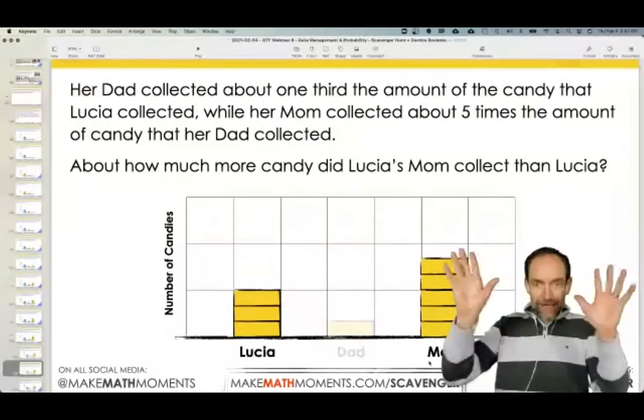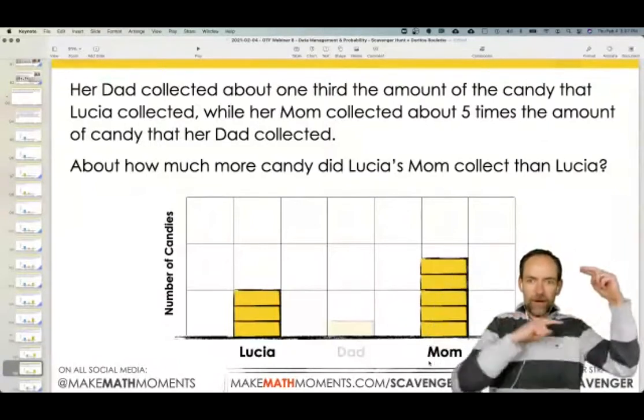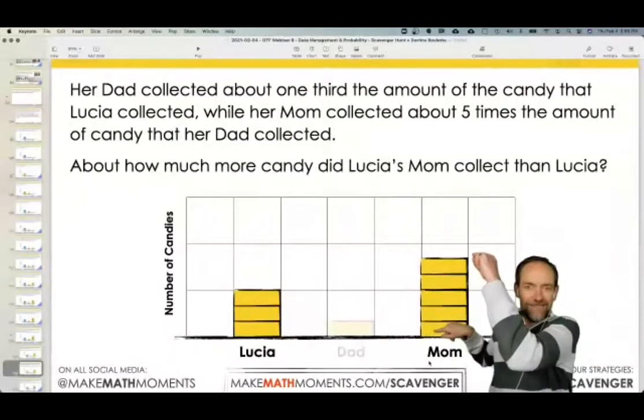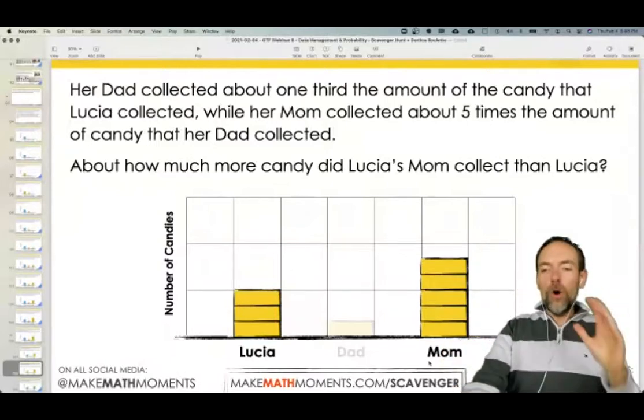We're going, wait a second. Now mom has the amount we're comparing to. So here's this amount. Where is it? Over here? Bang. Yes. Over there. There it is. This amount right there is the whole. And we've chopped it into fifths. And now we're talking about Lucia's compared to her mom. So holy smokes, it's thinking here.